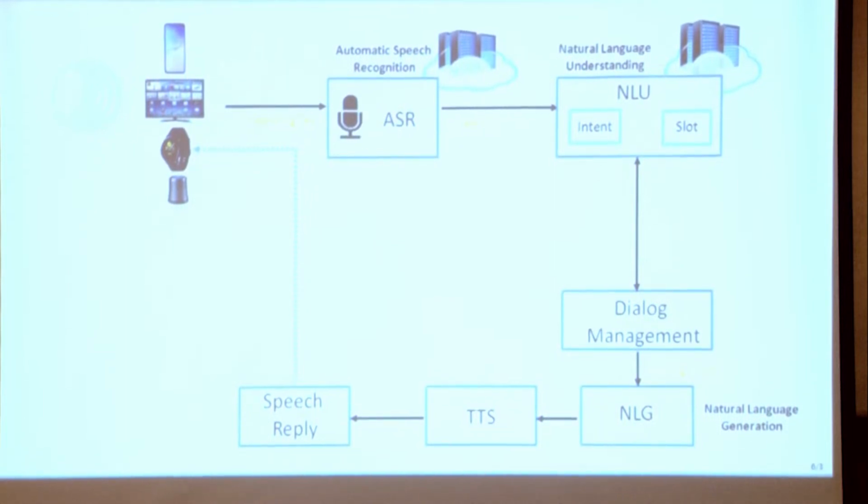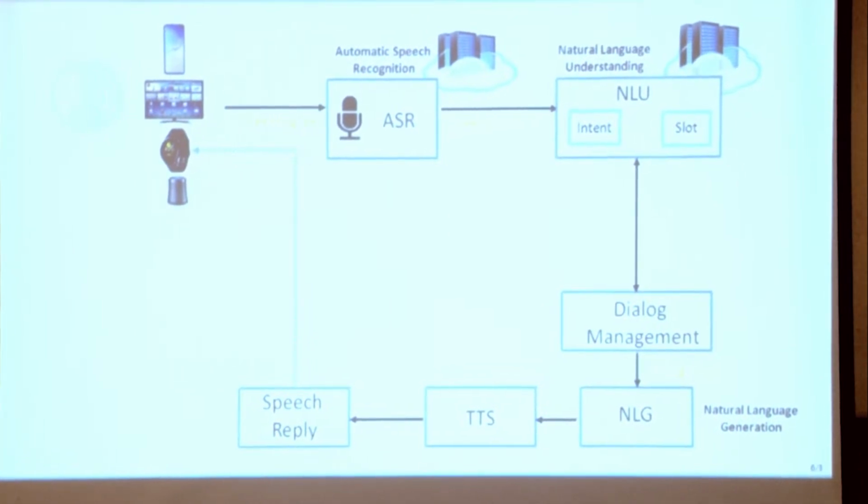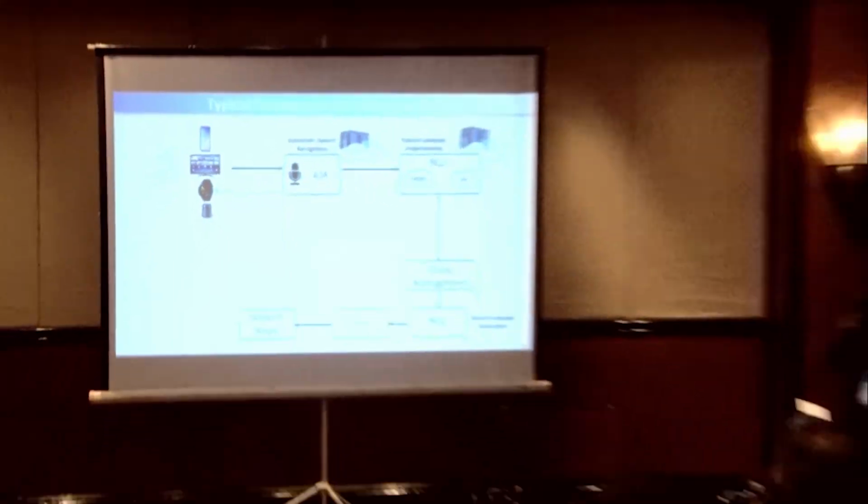So if you see, a user can speak through any of these devices. He can give a voice command to his mobile, or he can talk to a TV or a speaker or the smart watch. So when he does that, his voice speech goes to the ASR. ASR is the automatic speech recognition engine, and this sits basically on the cloud these days. And this engine basically converts your voice to text. So anything you speak is understood by your ASR engine, and it's converted to text.